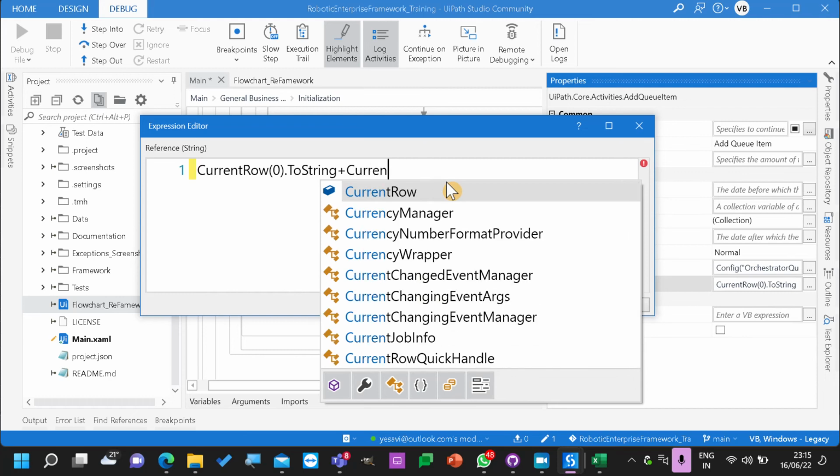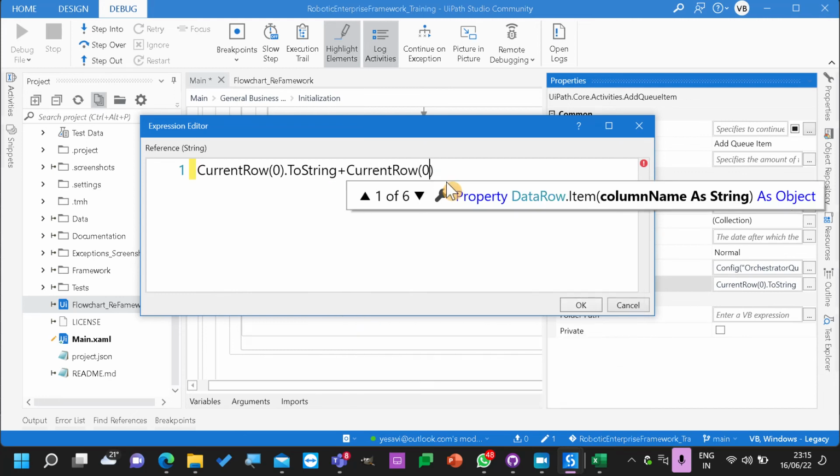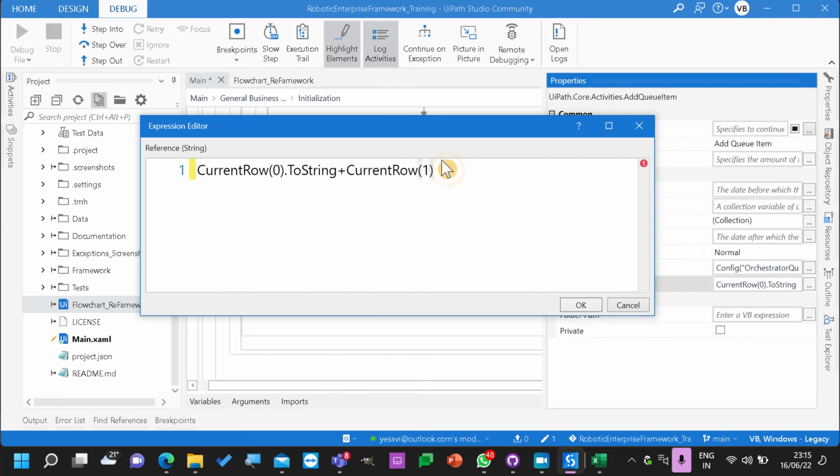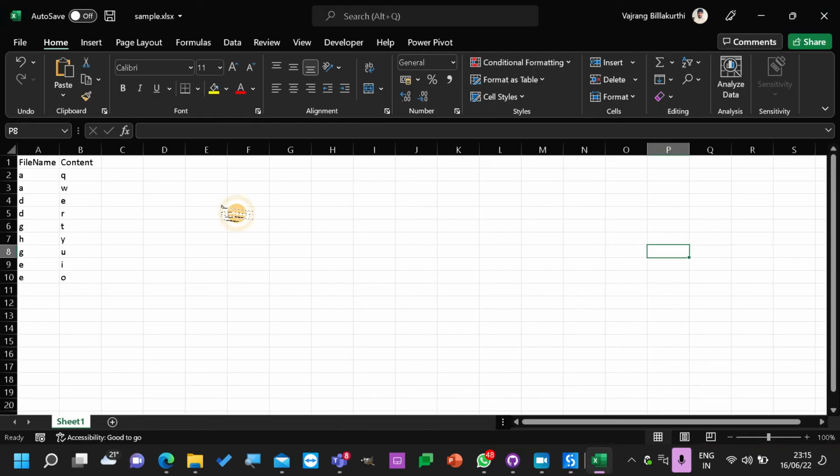We can add multiple also. Okay, I thought we can add only one reference. No, but altogether it's only one. If you can see, these both will be combined and it will come as AQ. This is one single unique reference. Instead of using AA, we are adding multiple.